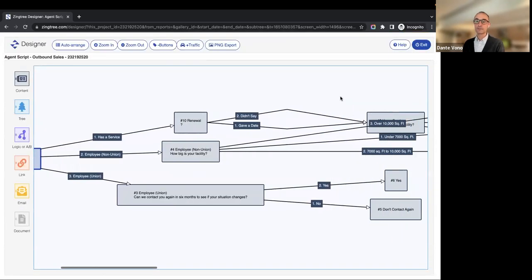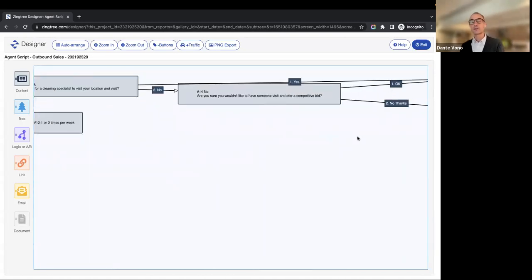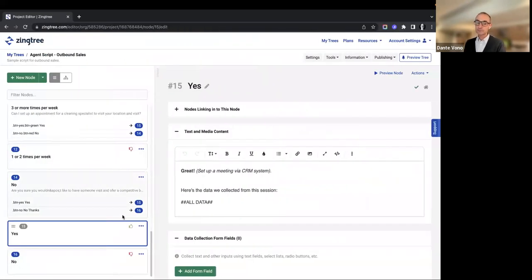And I have to scroll back again to node 15. So you can see what I'm trying to illustrate here. It's the extra steps that you have to take in order to decode the logic of the tree and then make the corresponding changes. So let's just try that here.